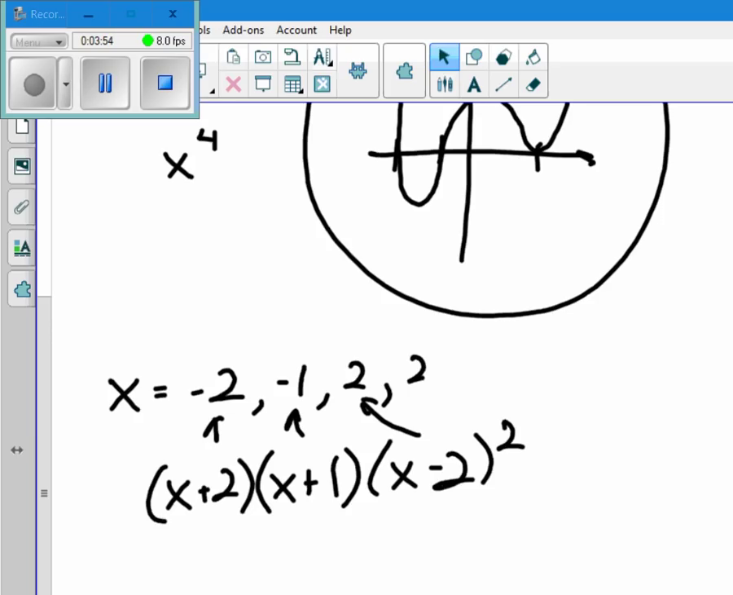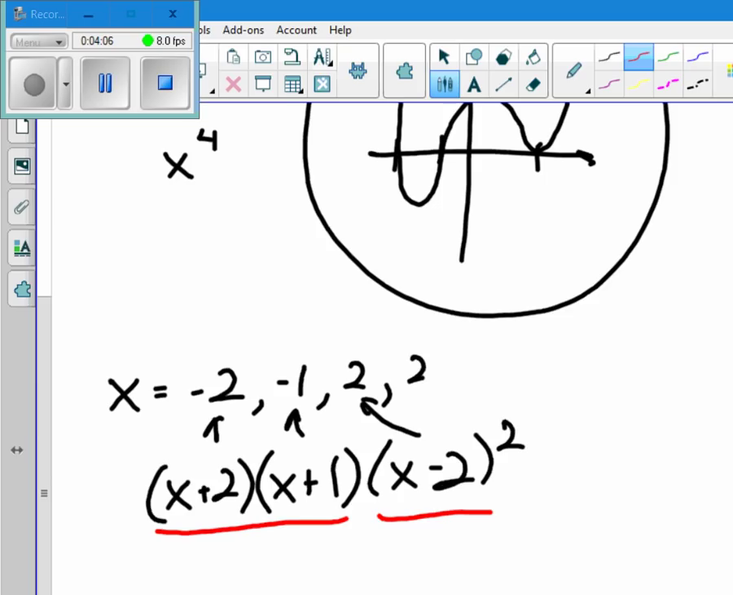If I needed to get to the function, I would just multiply these binomials together. That's going to give me x squared plus 3x plus 2. And I would square this one. That's going to give me x squared minus 4x plus 4. And then I would take those 2 trinomials, multiply them together, and eventually I would get my full function. But now we're going to take this and do things just a little differently,